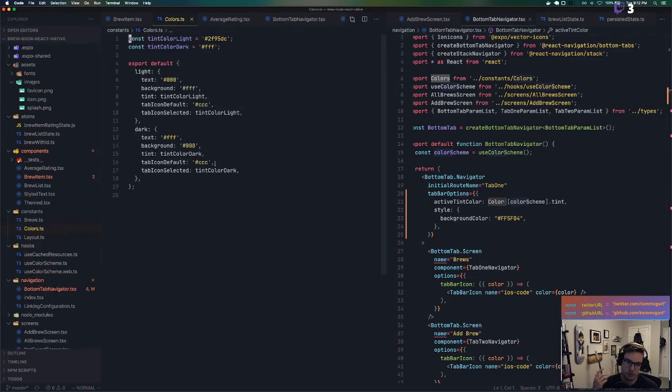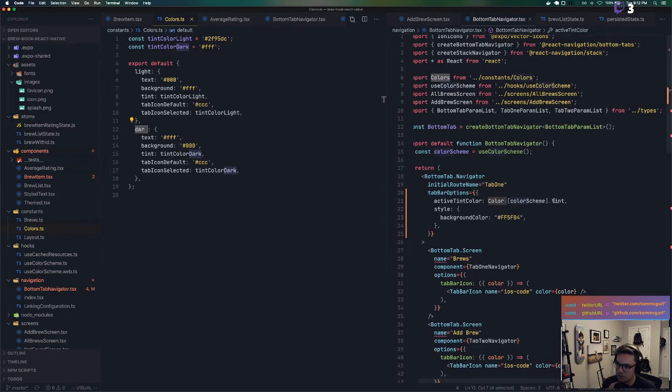Light and dark. So those are the default keys there. So light and dark. And tint is what we're currently using for this. See, color scheme, tint. So we have tint color light, tint color dark. Let's modify this for tint color light, which is what we're seeing